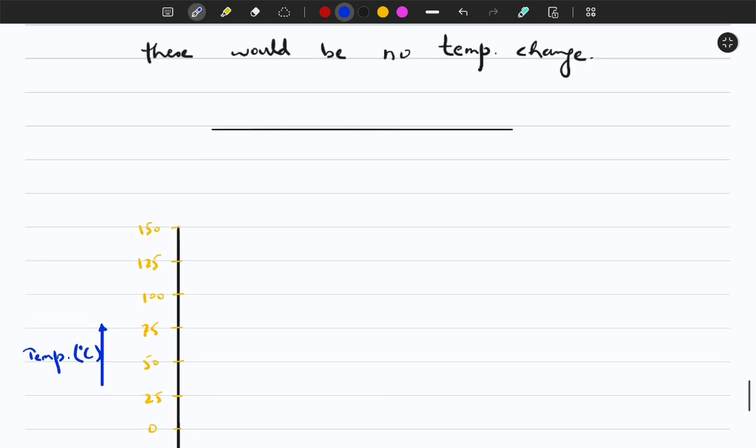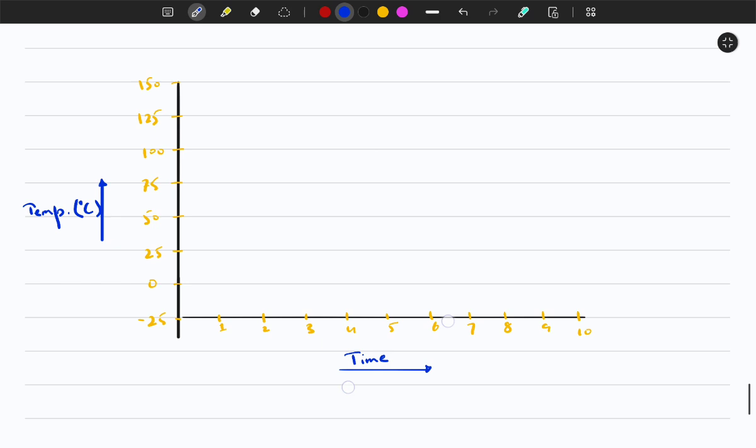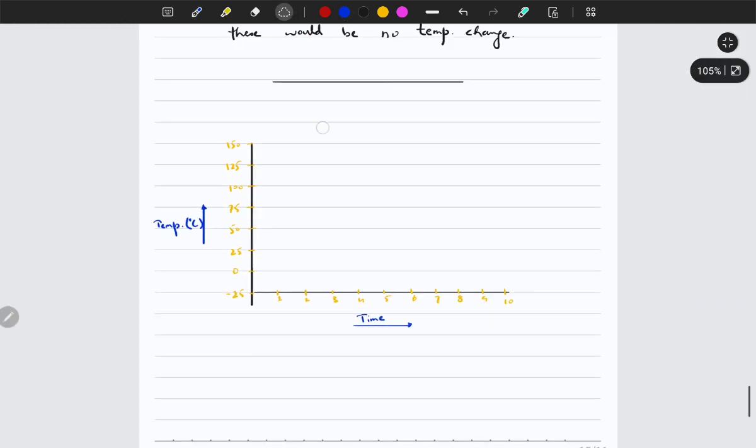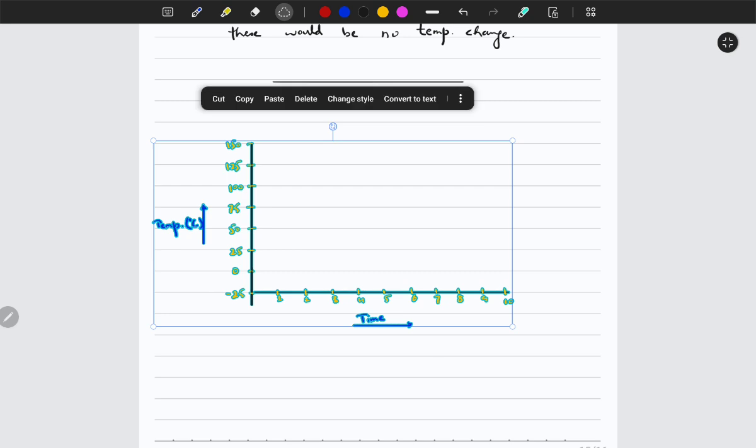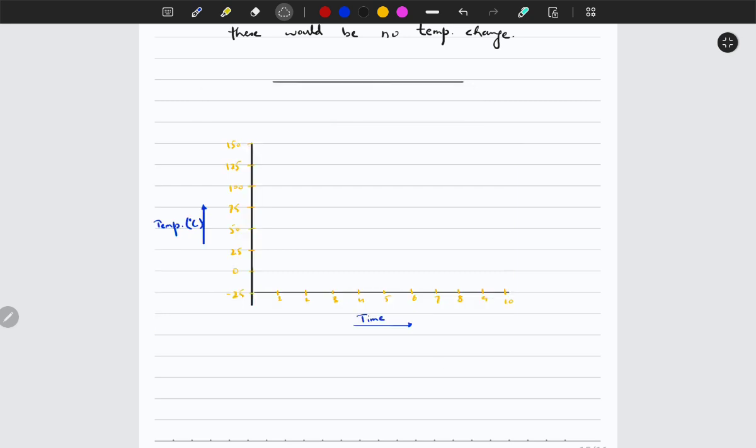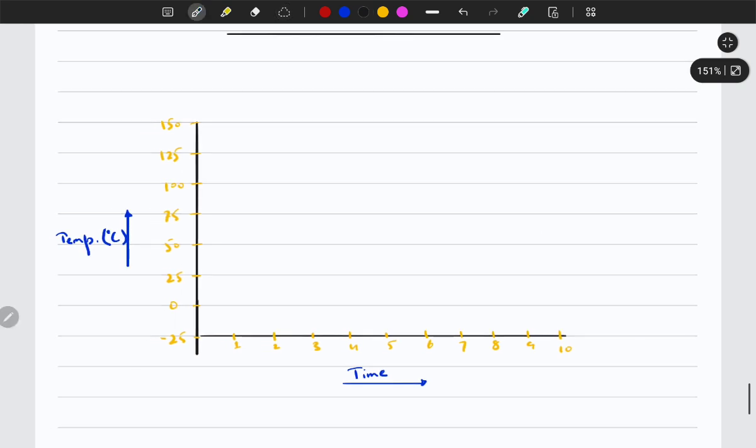So what's a cooling curve? I think I already explained this. The cooling curve shows how the temperature or the physical state of matter would change when you cool it down from gas to liquid to solid, right? So let's say we have a gas,